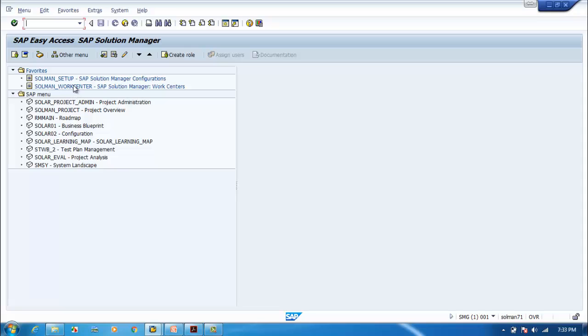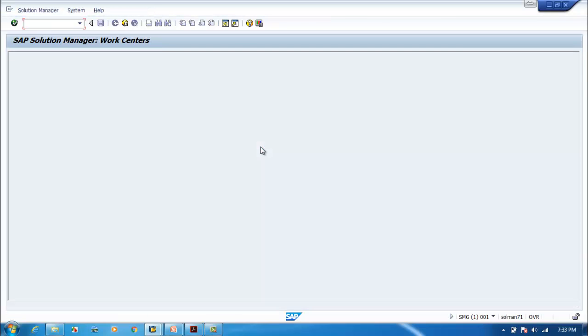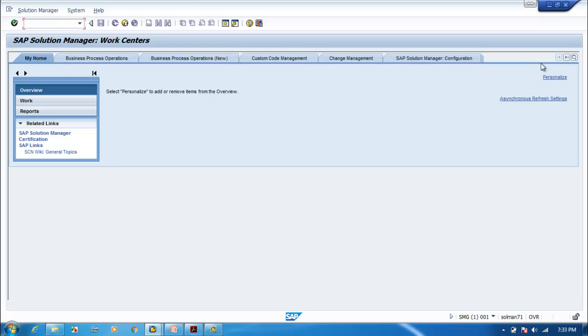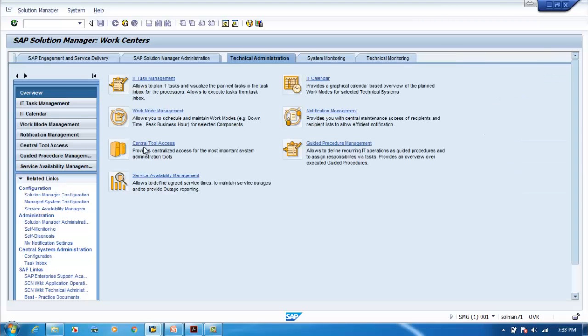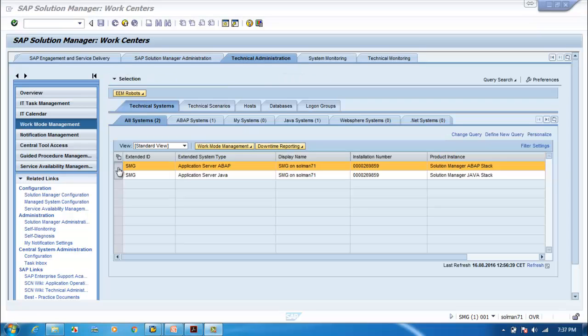Go to Solution Manager Work Center. Go to Technical Administration, where we can see Work Mode Management. Here let us select our SMG system. Let's take as an example our